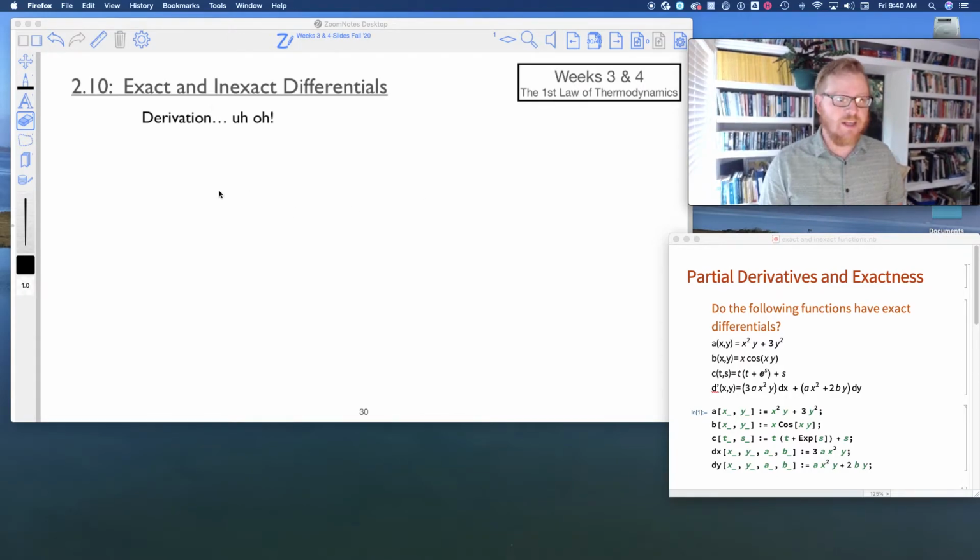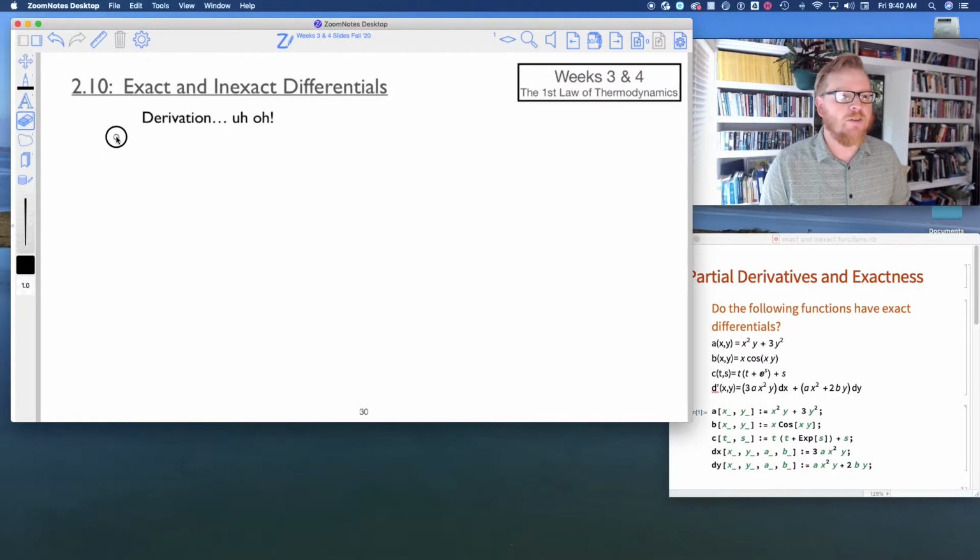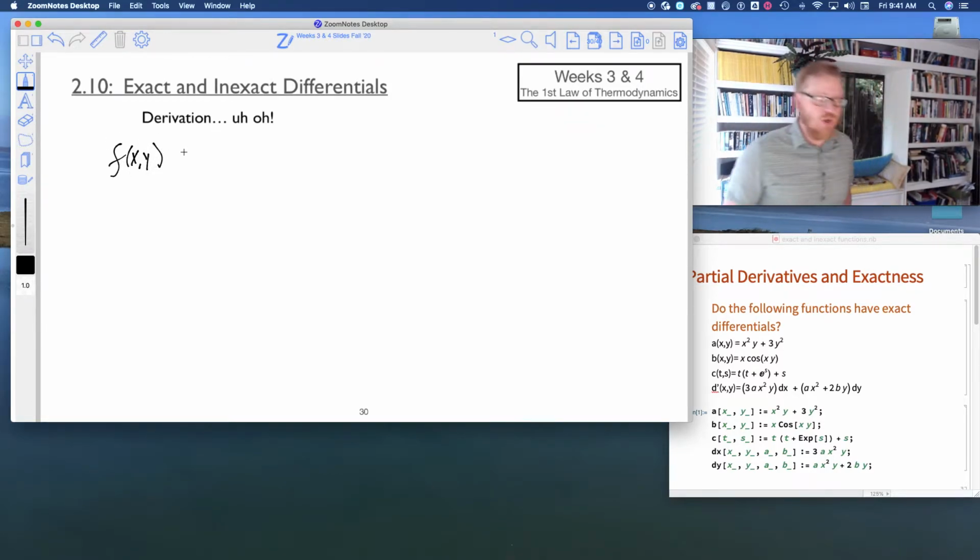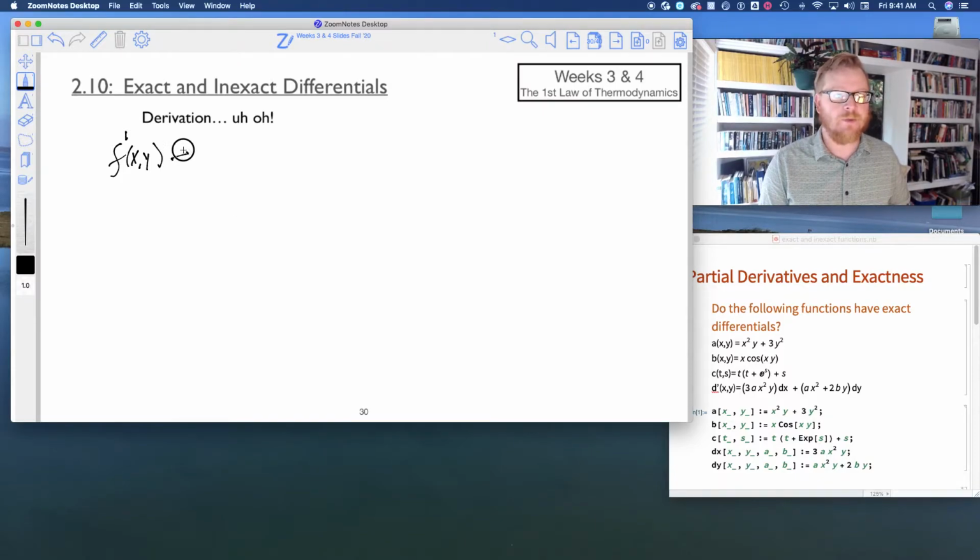Okay, so I'll start by saying, suppose we have a function f of x, y. Okay, so our function f has dependence on both x and y. Okay, we can write the differential of f. All right, so if I take f of x, y, I can write that differential by the following in terms